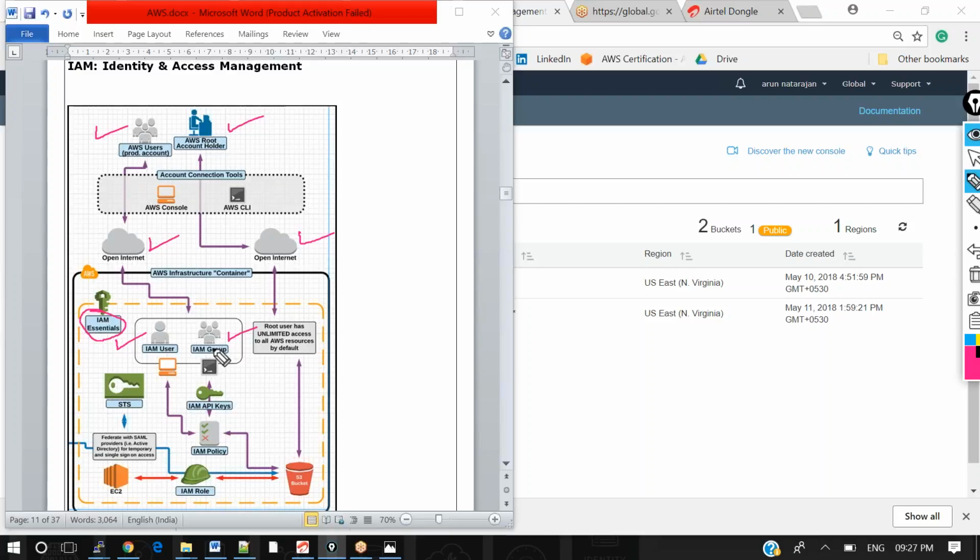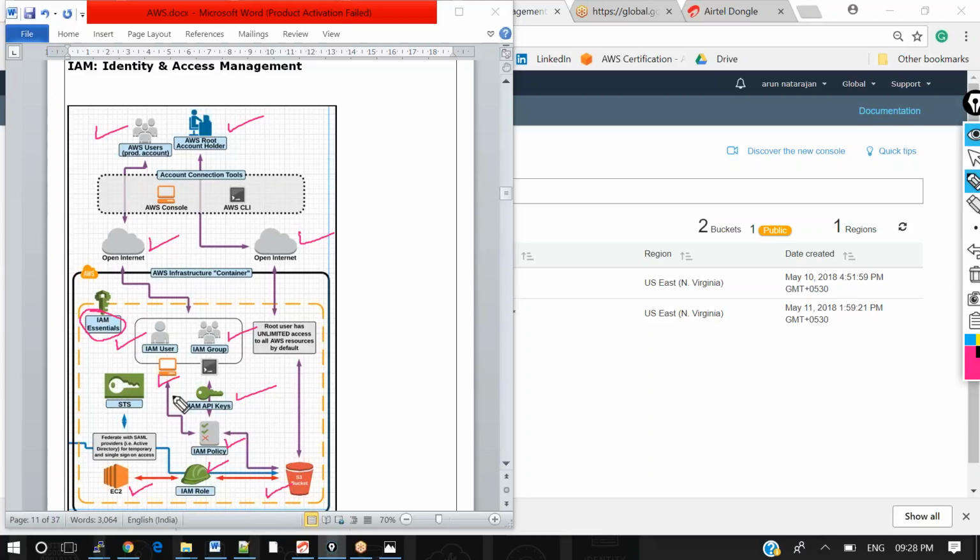When he is working as a user or part of a group, he will be entitled to some properties, that is the IAM API key, which we will be discussing, the STS key, the IAM role and the IAM policies. When all these are applied, he can start using some of the services, that is the EC2 instance and the S3 bucket.